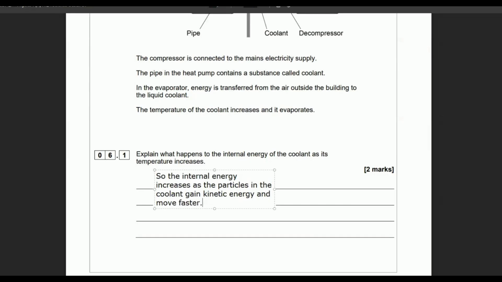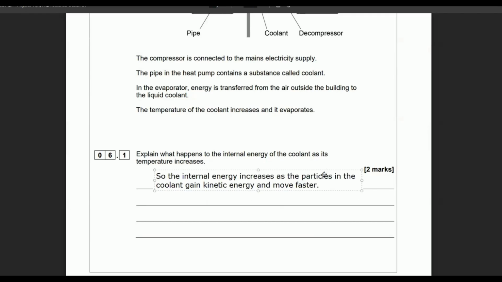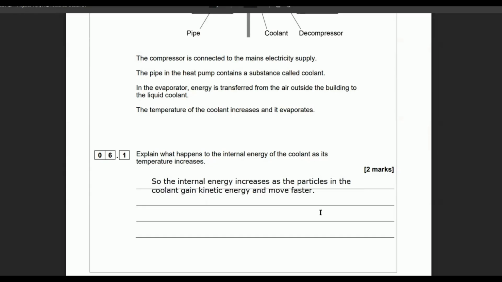So internal energy is made of two things. It's made of the potential energy, which is the distance between the particles. As they get further apart, the potential energy increases. But it's also made of the kinetic energy, how fast the particles are moving. Now, as we increase the temperature, we increase the internal energy because we increase the amount of kinetic energy in